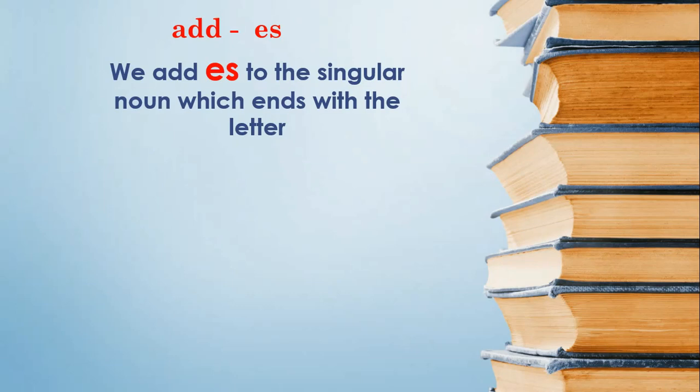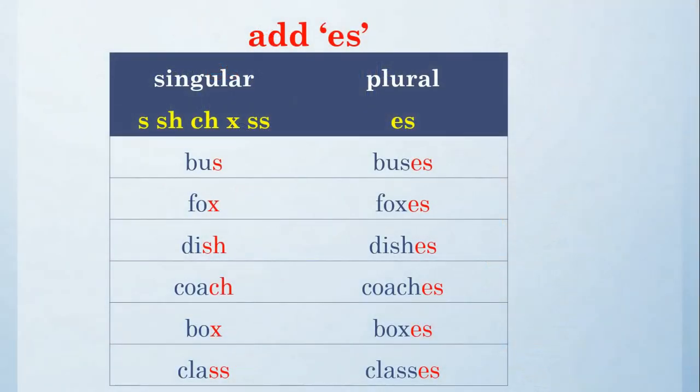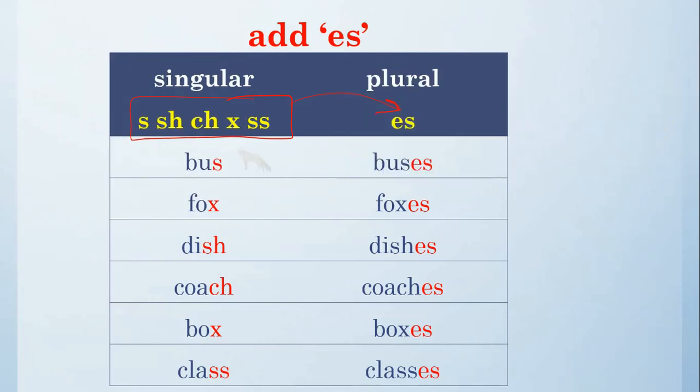We add es to the singular noun which ends with the letter s, sh, ch, x, double s. Let's look at some examples. So what do we need to see? If the ending letters are s, sh, ch, x, and double s, then we will be adding es. Bus, buses. Fox,